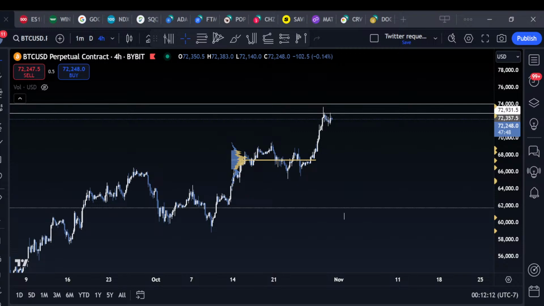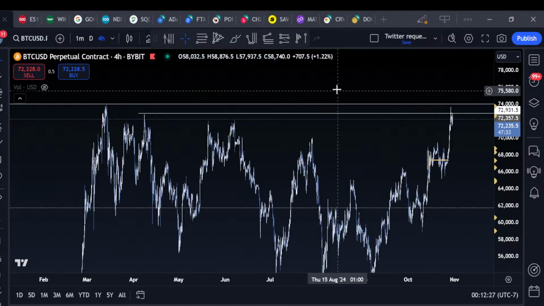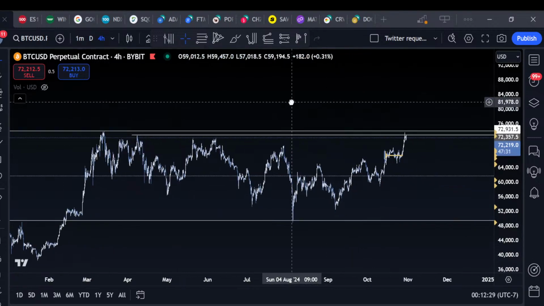Will you be prepping some longs before 65, 58K targets? I'm going to go over that. I just want to go through the comments. There's people asking for altcoins. People ask me to check something. Can you check C-Pool? How long are you in the market? Looking for Doge. Okay, let's go over Bitcoin. I just want to see if there's any questions about what I just talked about before we move on.